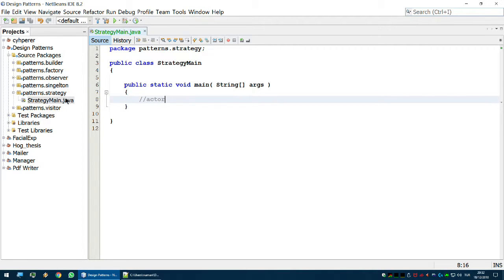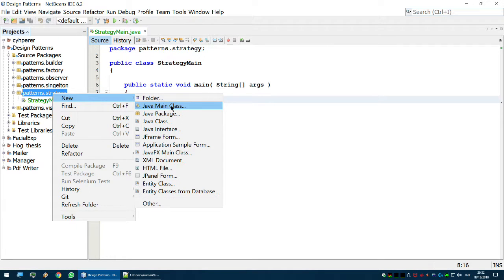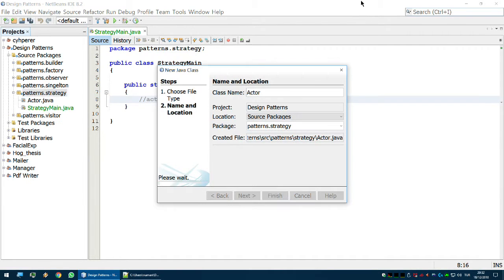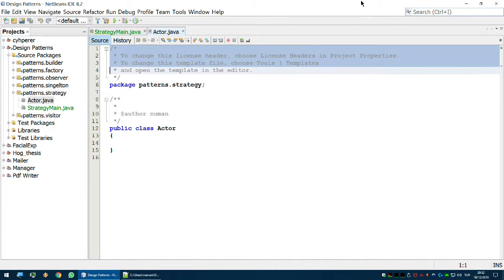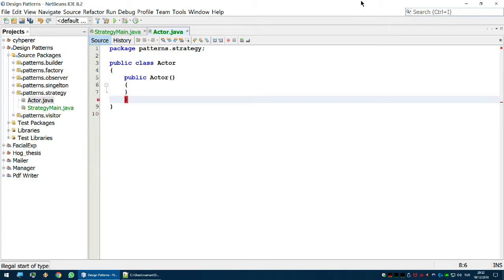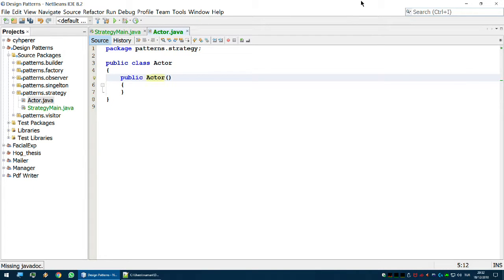Let's make a classic, traditional example of this actor. Let's start with a class called actor. Now, our actor is gonna have a method called simply play or act. Sorry. Public void act. Alright. Now,